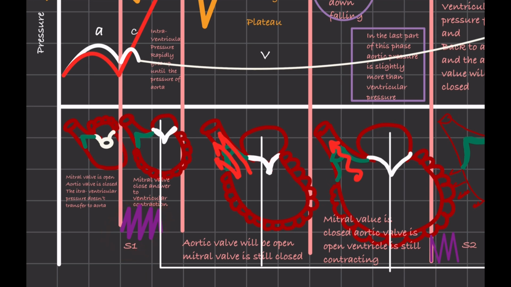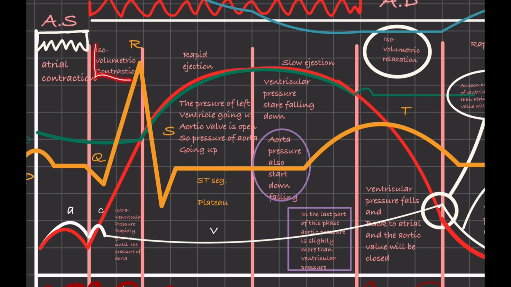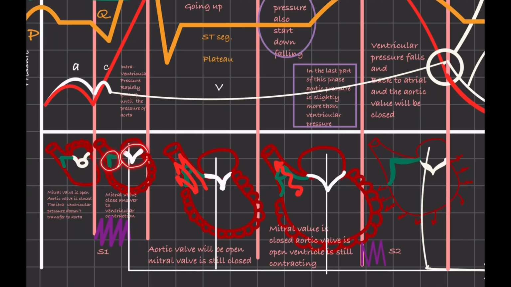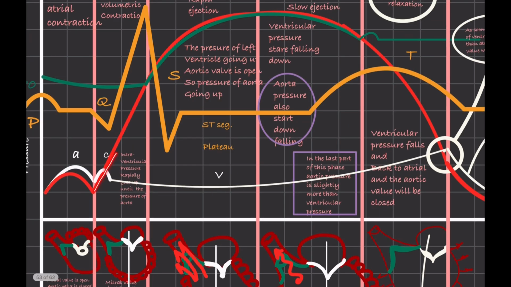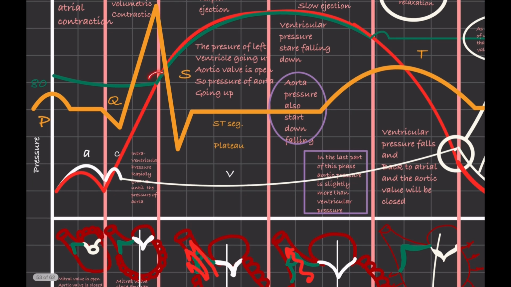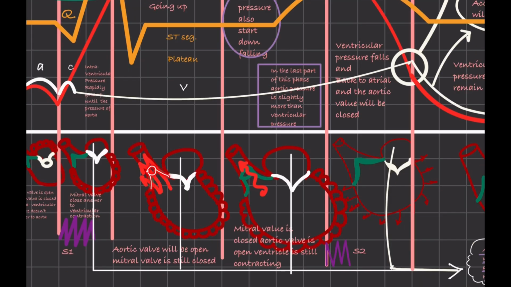The aortic valve is still closed at this point. The first phase of ventricular contraction is isovolumetric contraction, where volume stays the same because both the mitral and aortic valves are closed. As the ventricular pressure increases, it eventually matches aortic pressure at around 80 mm of mercury. Once the ventricular pressure exceeds 80 mm of mercury, the aortic valve opens, but this opening doesn't create any sound